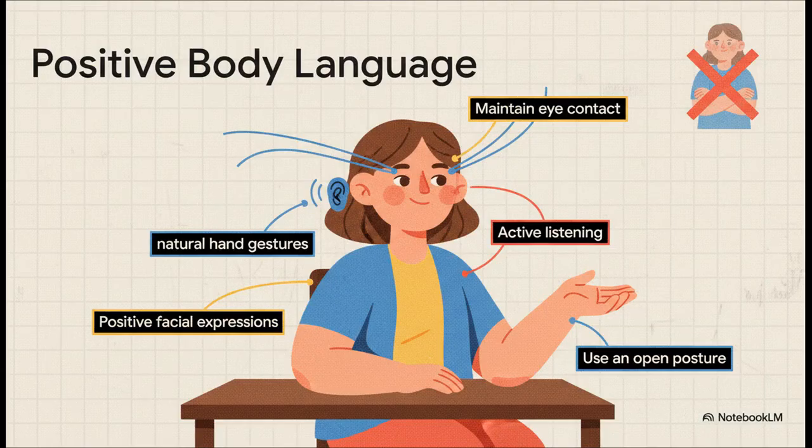Now, don't forget, your contribution isn't just about the words you say, it's about what your body is doing while you say them. Your body language speaks volumes. Maintaining eye contact with everyone, not just the evaluator, shows you're engaged with the whole group. An open posture, so no crossed arms, tells people you're receptive to their ideas. These nonverbal cues are a huge part of projecting confidence and respect.